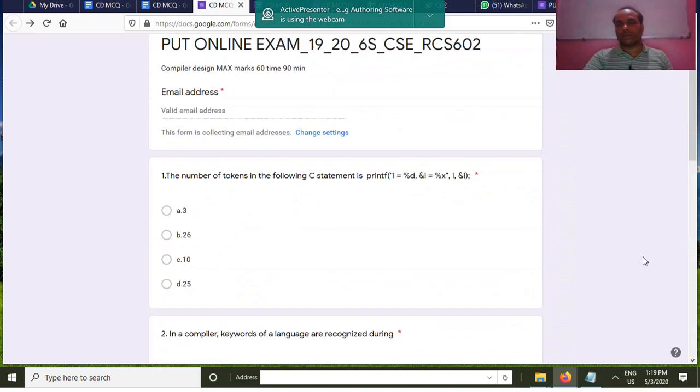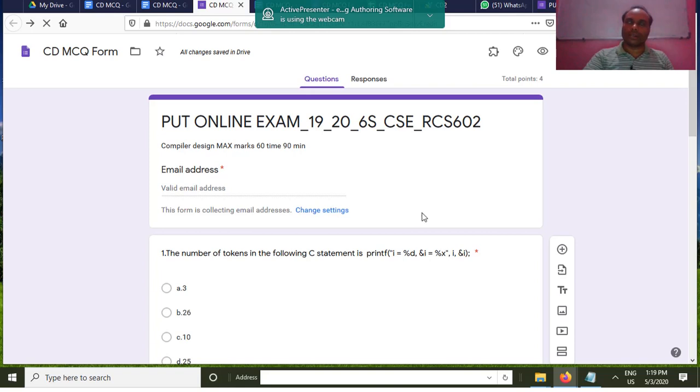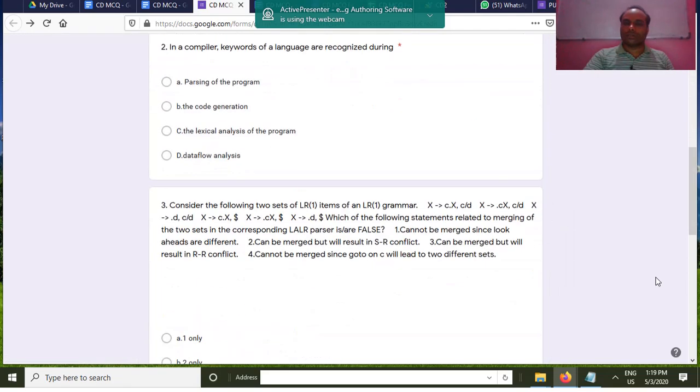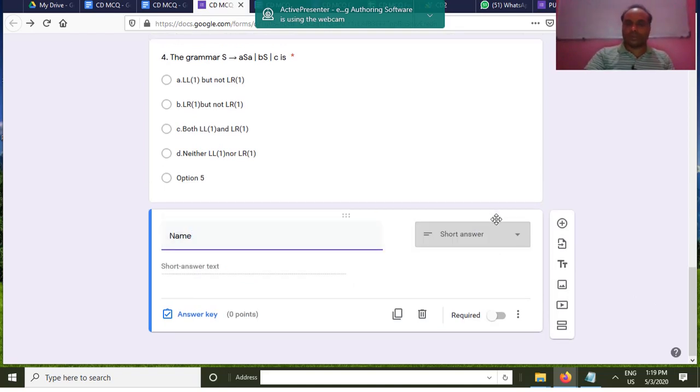This part is also over. The next thing is, if you want to add some details related to students, you can add them from the starting to the ending. Here, if you want to add, click it. One question is added here, like name, which is a short answer type. Don't give any answer key because it is general data.